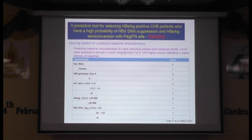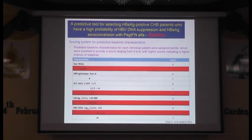So, just to simplify what we can do at baseline before you start PEG interferon, you can look at the clinical response. This we did with Henry Chang and presented at the EASL meeting 2 years ago. Look at the baseline of E antigen positive chronic hepatitis B, such as gender, DNA genotype, ALT at baseline, antigen quantification at baseline, and DNA level. For example, if we have female patients, with ALT at least 4 times the upper limit of normal, with a surface antigen level lower than 20,000, and DNA is just about